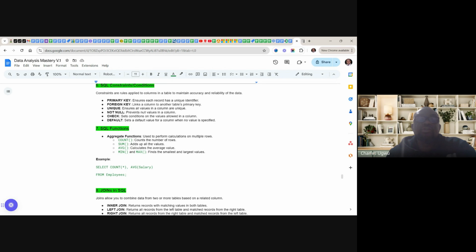For instance, count, you see, counts the number of rows. Sum, add up all the values. Average, calculate the average value. Min and max, find the smallest and the largest value. Example,